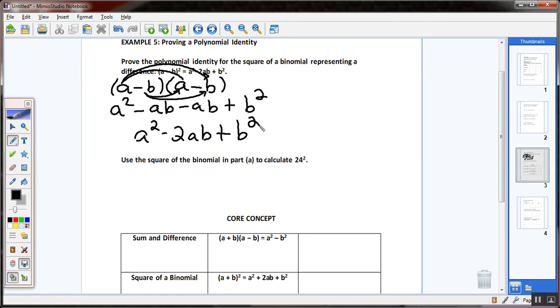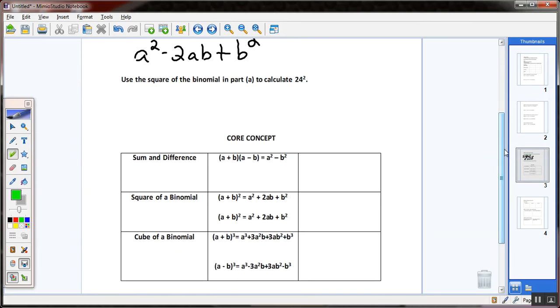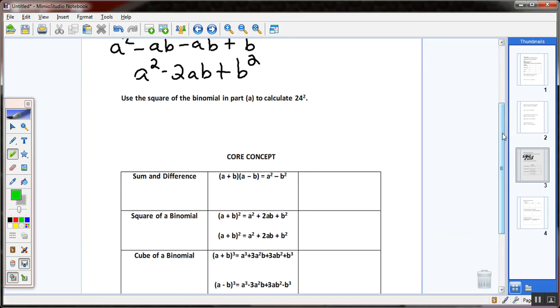Kids, have we shown right here that these two expressions are equal? Have I shown that they're equal? So an identity for a minus b squared is a squared minus what? 2ab plus b squared. Now, I'm not going to get too technical with this next part right here because they're going to say use the square of the binomial in part A to calculate